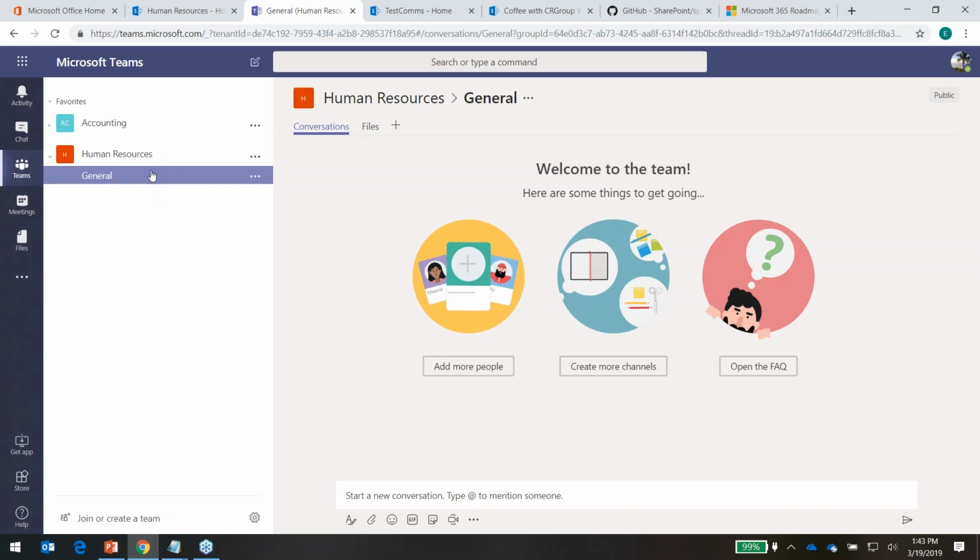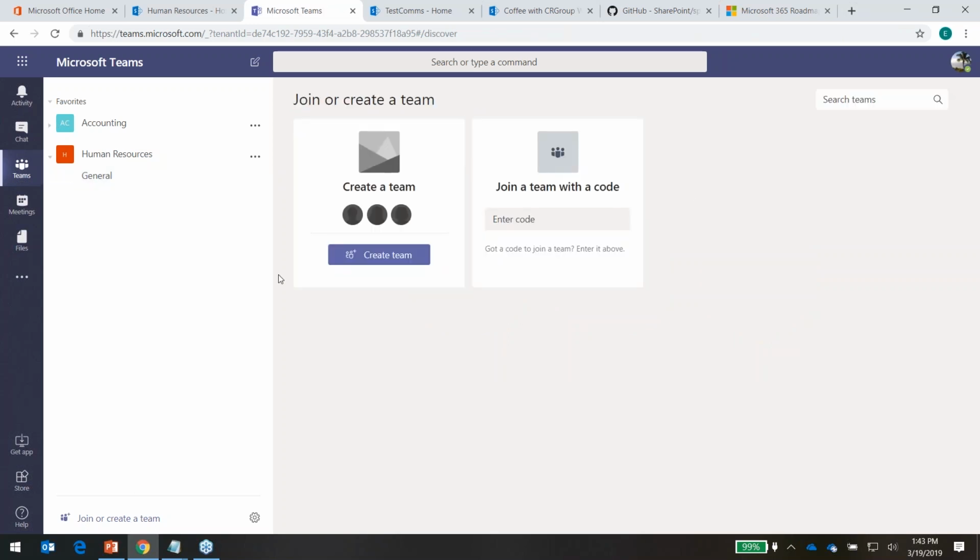So one of the other things that you can do, so I just showed you how you can connect a SharePoint team site and turn it into a team. You can also do it from here. So if I click create or join a team,